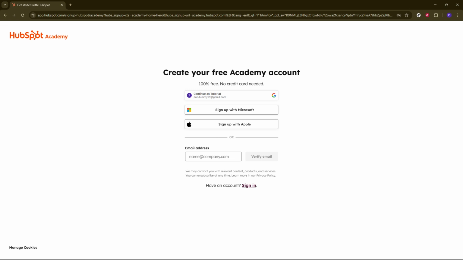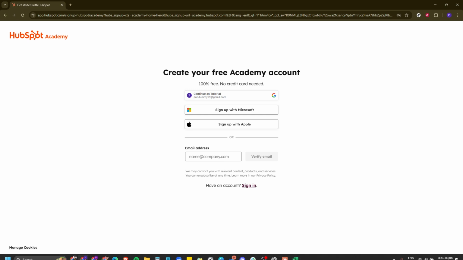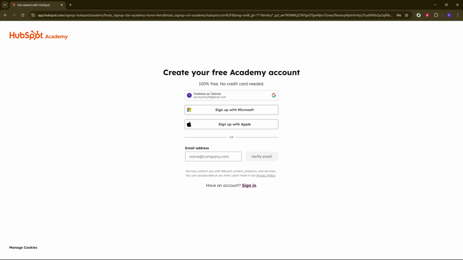With your account all set up, it's now time to explore the certifications available. Navigate to the certification section and begin browsing the vast selection. You can use the search bar to filter specific topics that interest you, such as marketing, sales, CRM, inbound, or content marketing. Once you find a topic that grabs your attention, click on it to view more details about the